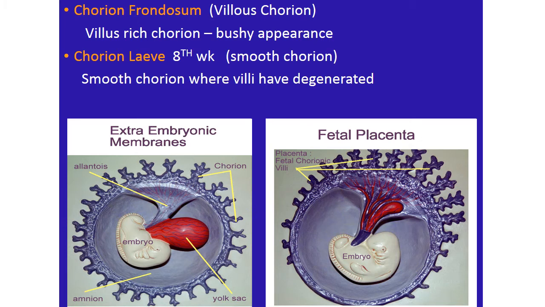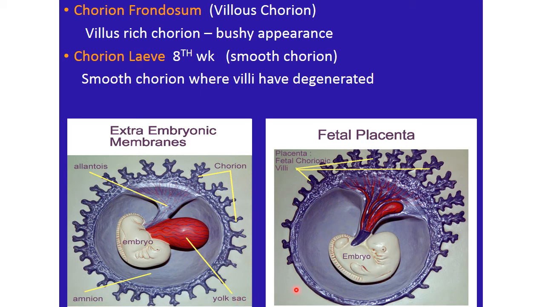Initially, villi develop all over the circumference of the chorionic sac, but as the development takes place and there is a stretching of the decidua capsularis over the peripheral part of the developing embryo or the fetus, there is a compression of the blood vessels of that particular part of the villi, causing their occlusion and ultimately leading to the degeneration of the villi there under the decidua capsularis.